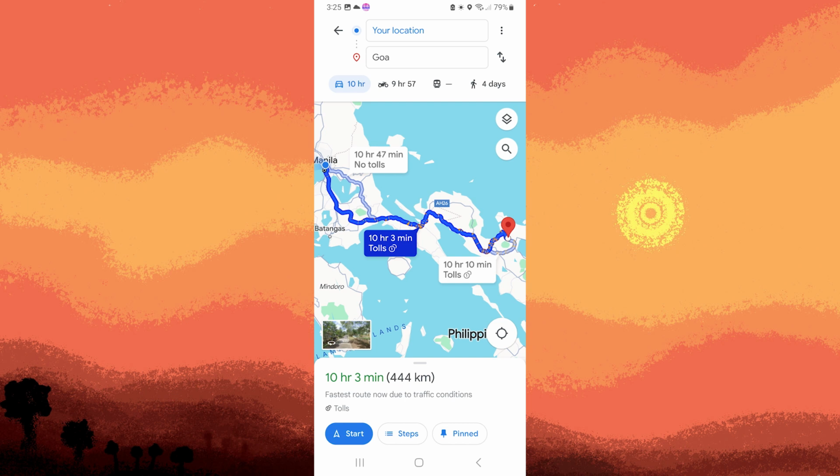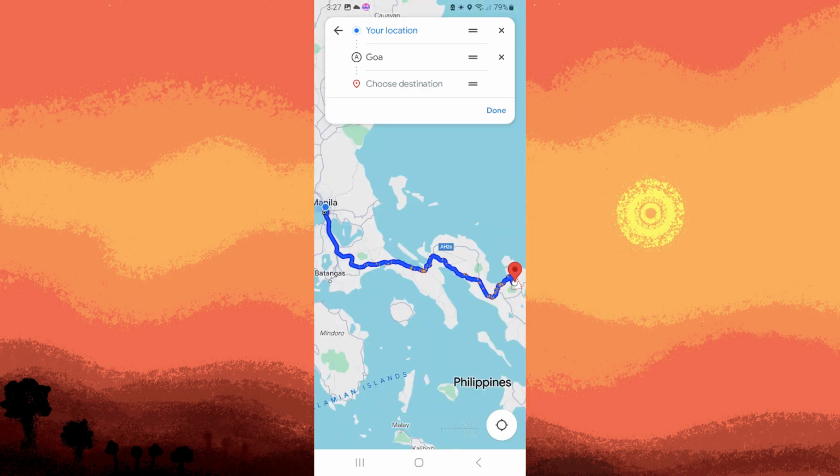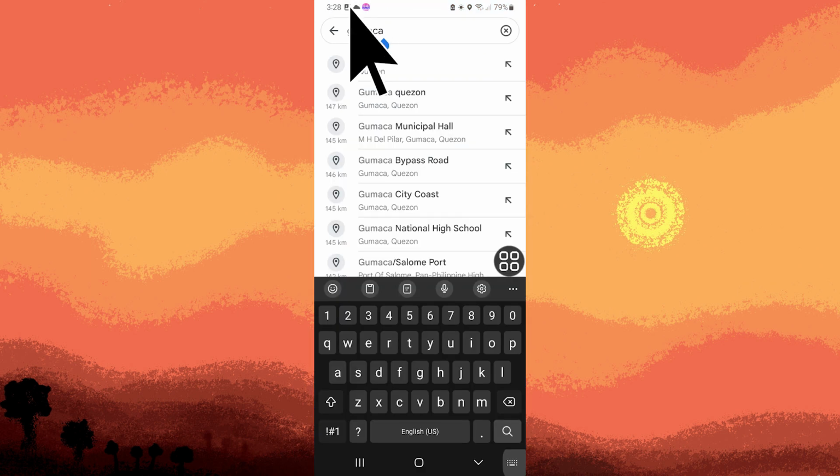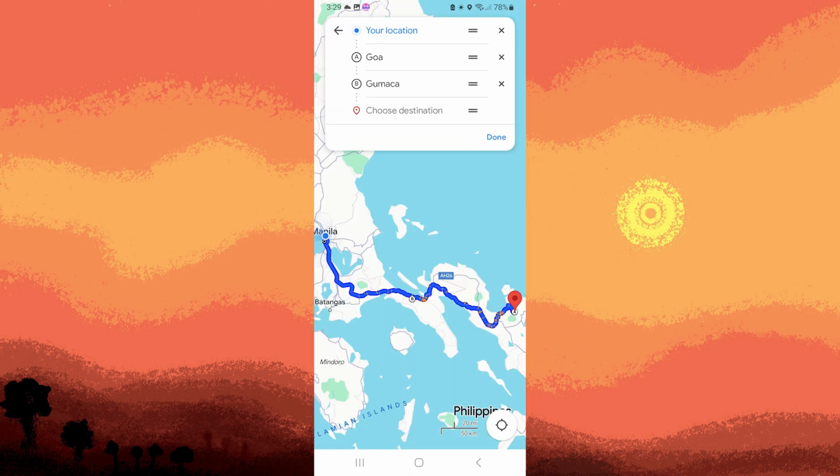Now, tap add a stop, tap on the three dots on the top right corner, then on the options that appear, tap on choose destination, and tap on the relevant results. If you want to rearrange the order, you can tap and hold on the destination, then drag it to the desired position. Step 7. Once you've added all your destinations and arranged them in the desired order,